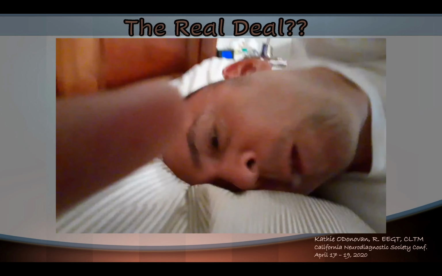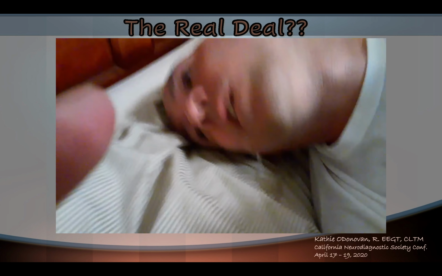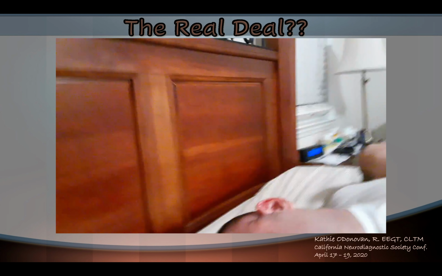She was probably trying to make sure he was safe. And you see his whole body is jerking. And his hands are in one of those positions that is typical for focal seizures like this, complex partial.